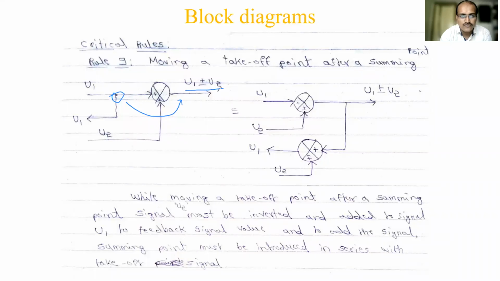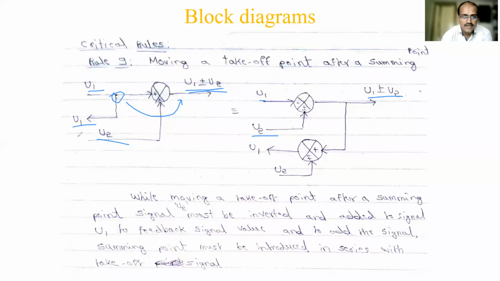It should give u1 plus or minus u2. Here you should get u1 only, here you should have u2, and here you should have u1. There is no change to that. What we will do is first move the takeoff point to that side. So what is the answer? u1, u2. I have taken this u2 at this place now, and the summing point I have replaced with u1, u2. There is no change with that. So this result has no change, and this u2 I have taken in the previous one, so there is no problem with this.